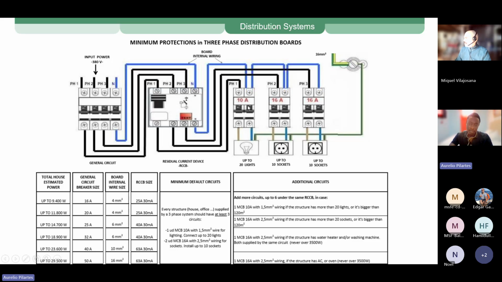And this choice should be done carefully in order to establish a balance between phases. If you overload one phase more than the others, you might have problems later, especially if you're using a power generator. Your power generator will not work smoothly as it should. So this is why you should make a good repartition of the circuits among the 3 phases in your main board and your distribution boards.